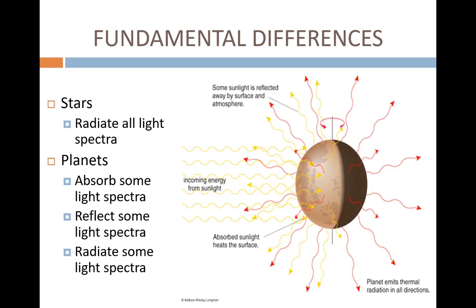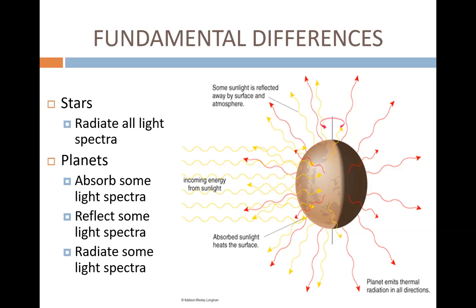The key thing about a planet, though, is that in comparison, planets do absorb some light. That's how, for example, the Earth's surface gets warm, and you can feel that when you touch pavement during the daytime. It's very, very hot, the blacktop, for example. But it also turns out that planets like Earth also reflect light. For example, ice is quite shiny, quite reflective, and so the polar ice caps of the Earth reflect back a lot of light that is incident on them,